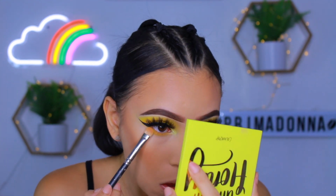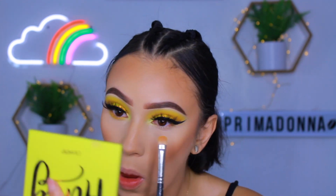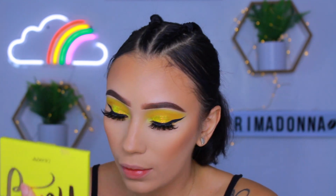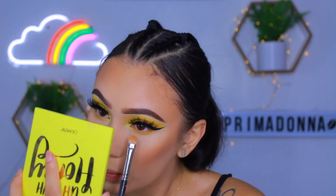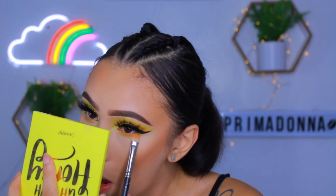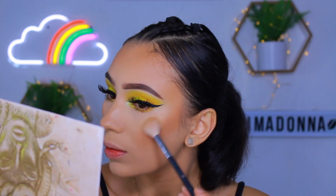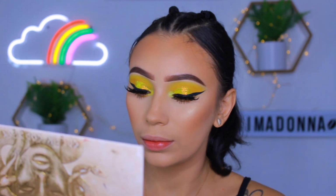I'm taking that Are You Buggin' shade, totally bugging shade, in my lower lash line, and I didn't want to add too much yellow, so I wanted to mute it down again. So I'm just taking the brown, but because I did use the middle shade with this brush, it had some yellow on it, so it kind of made its own concoction of colors, and it actually came out really lit. But anyway, moving on to highlight, I'm going in with my Greek Goddess palette from Lunar Beauty,